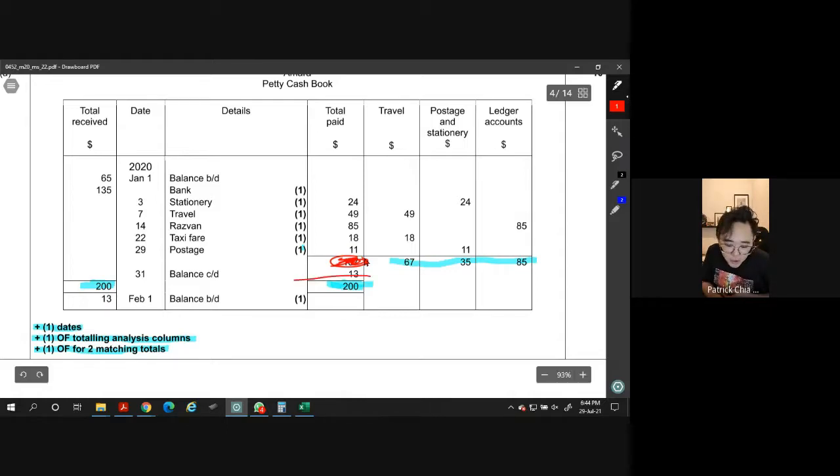And then make sure your total line, don't one up, one down. Make sure it's always on the same row. The best way is follow this format. All right? No problem here. Okay, let's move on.